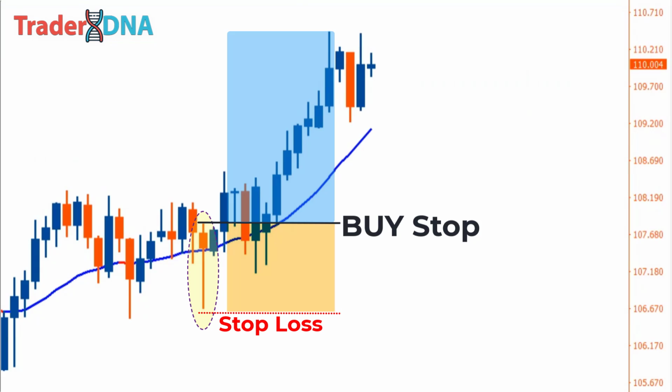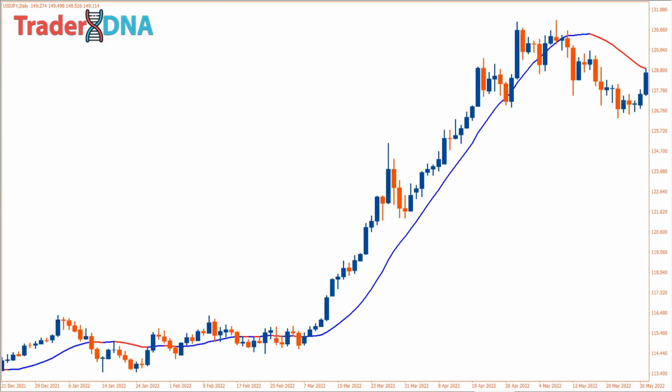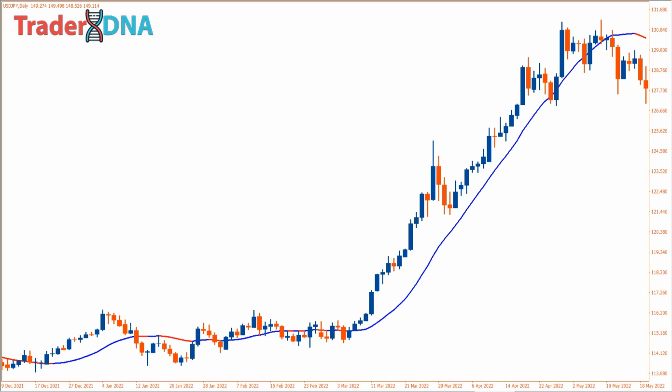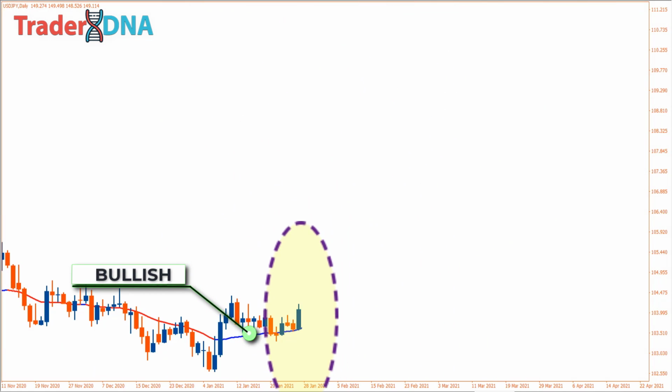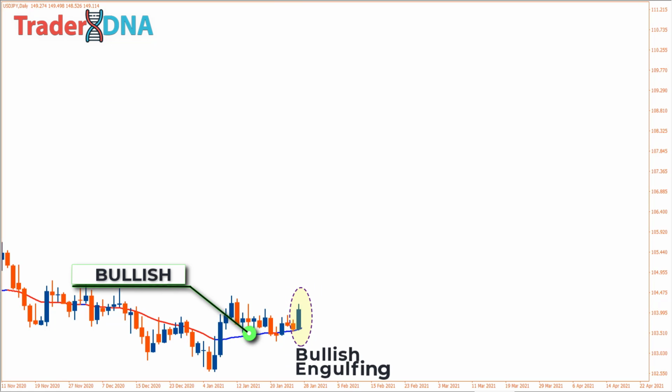Another example is the bullish engulfing pattern. In this chart, based on the blue non-lag MA line, we categorize the price movement as bullish. The next step is to wait for the appearance of a bullish price action pattern near the non-lag MA line. Here, we see the formation of a bullish engulfing pattern,